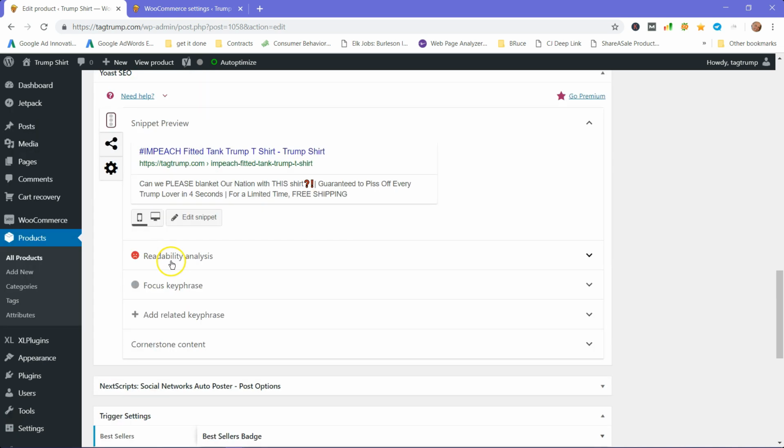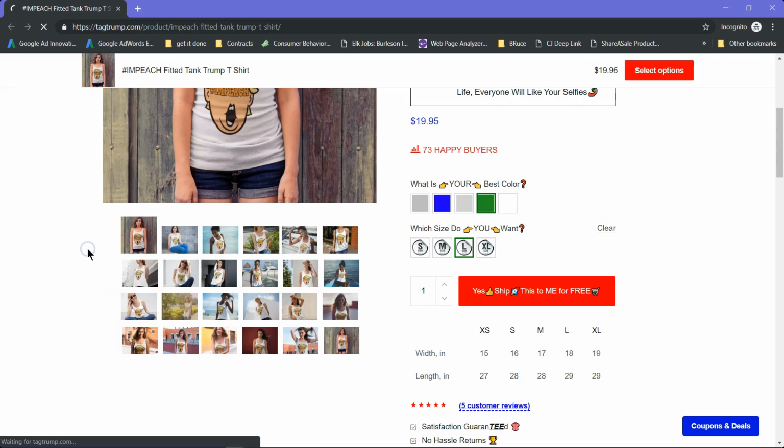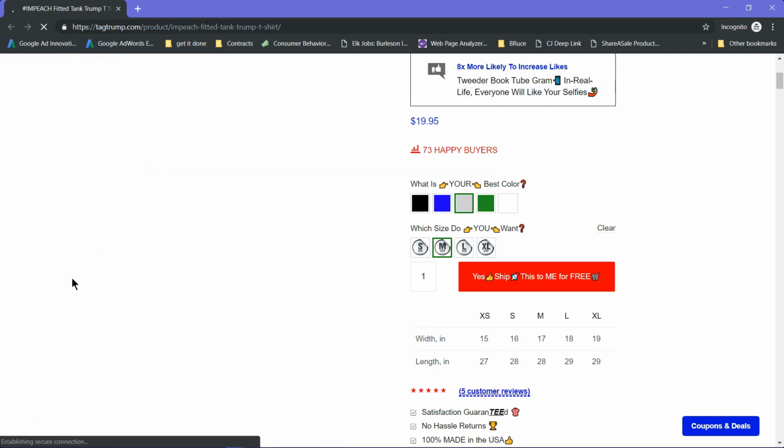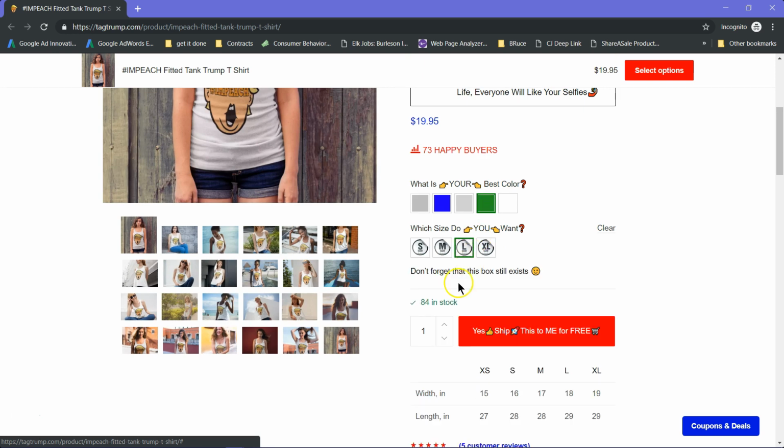Okay. So now we've got green and large that we have set to 84. So there's your stock notification,